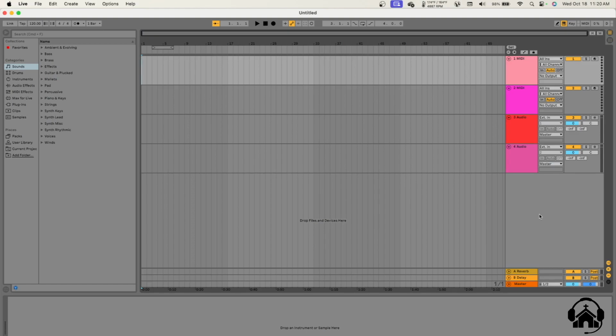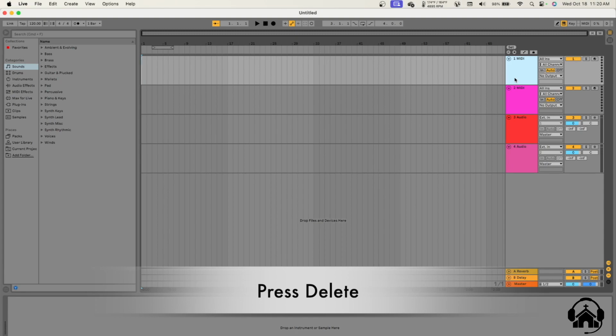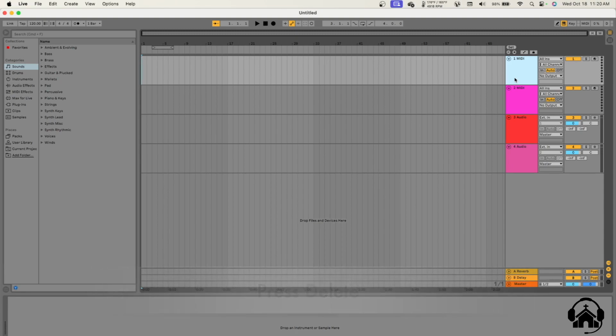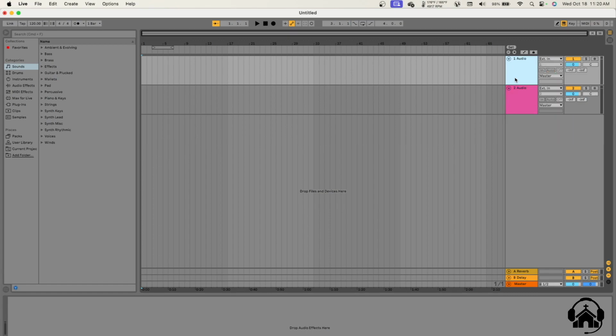And then from here, we're going to click on this first channel right over here where it says 1 MIDI, and we're going to delete that with our backspace on the keyboard. We're going to do the same for the next one, and you can't delete the last one because Ableton requires you to have at least one active channel, but that's all right. Right, so now to get started in the Ableton template, we're going to rename this